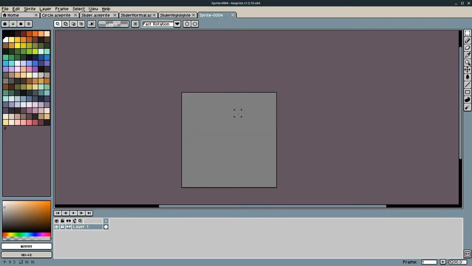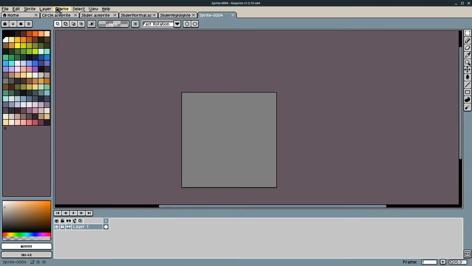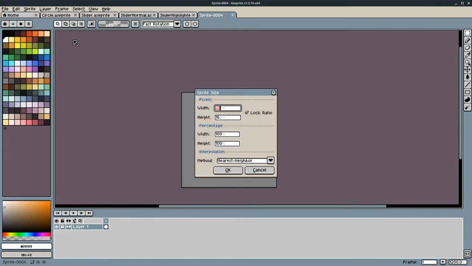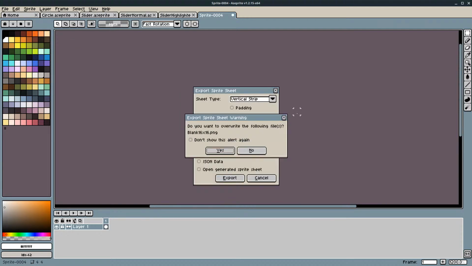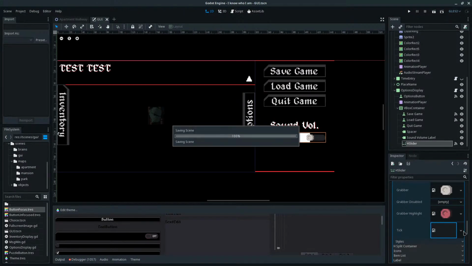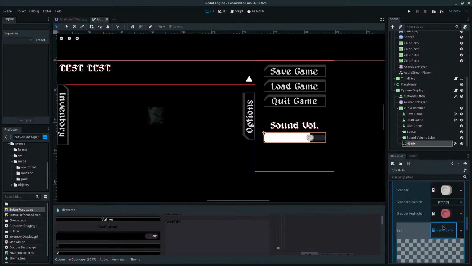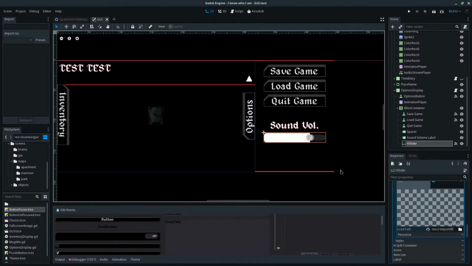Oh, hold on. I'm wondering if it's because of the size of the ticks, if that determines how big the slider is. Like if I say I wanted, let's say 4x4 for this blank texture. I don't think I did anything. Let's see.